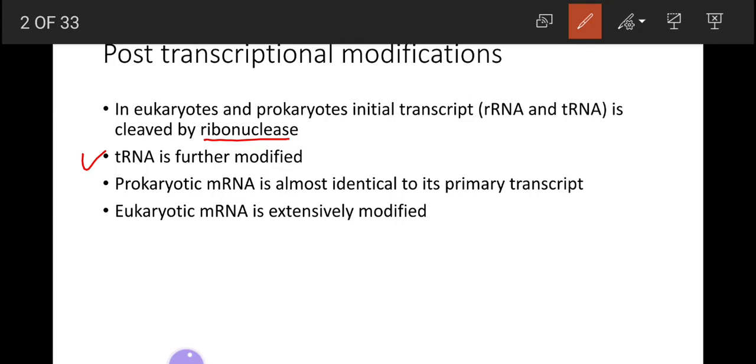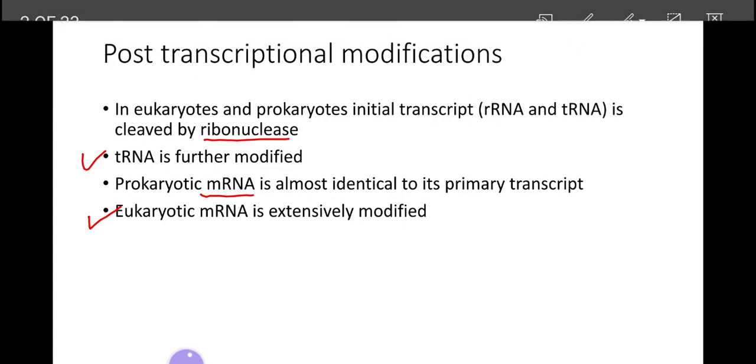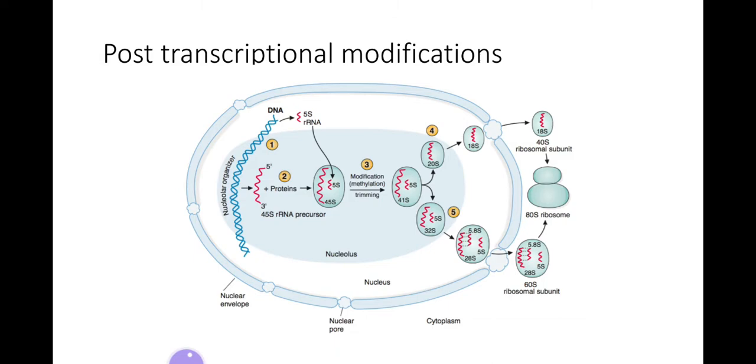We will study in the next slides how transfer RNA, mRNA and ribosomal RNA undergo post-transcriptional modification. Prokaryotic mRNA is almost identical to its primary transcript, but the eukaryotic mRNA is entirely different. It is extensively modified. First of all, how ribosomal RNA is modified. We have studied that